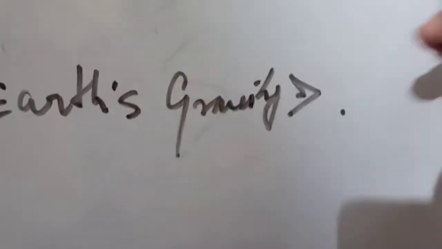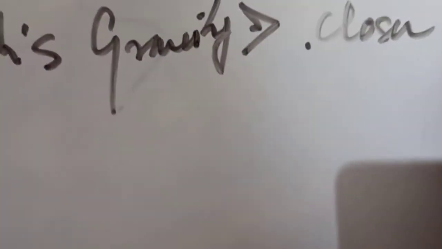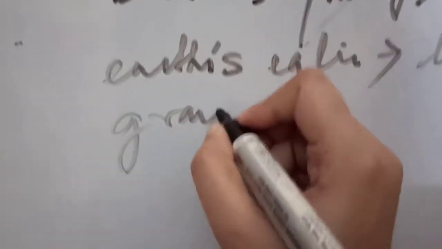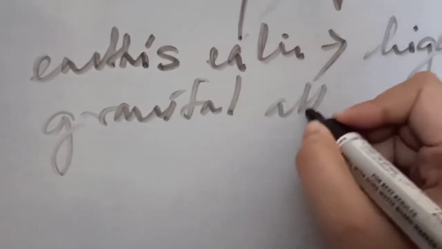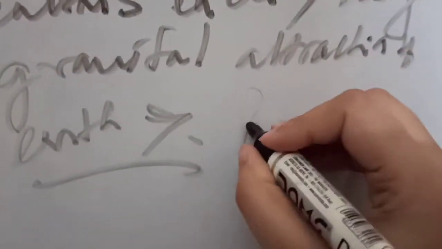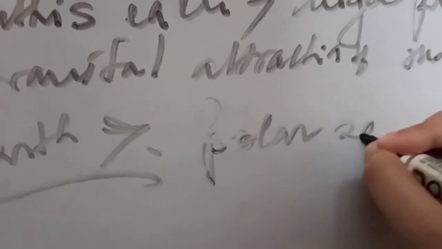The places which are lying closer to the Earth's center experience a high pressure due to the gravitational attraction of the Earth. As a result, it has been seen that in the polar region or polar zone,